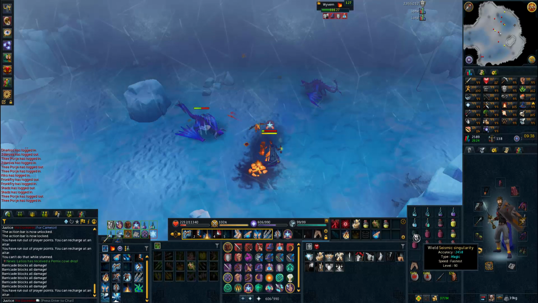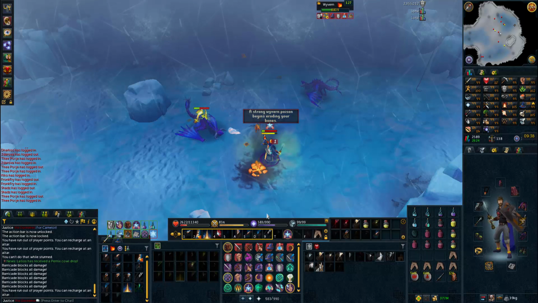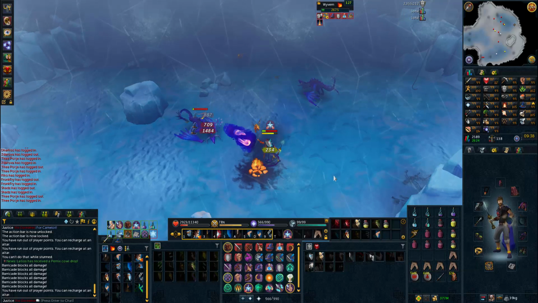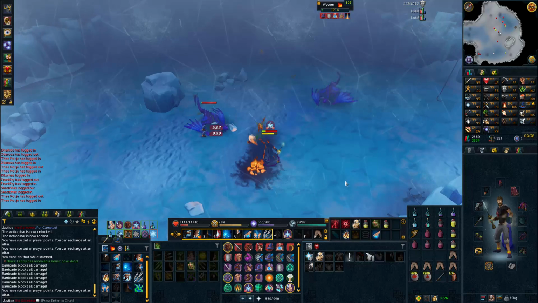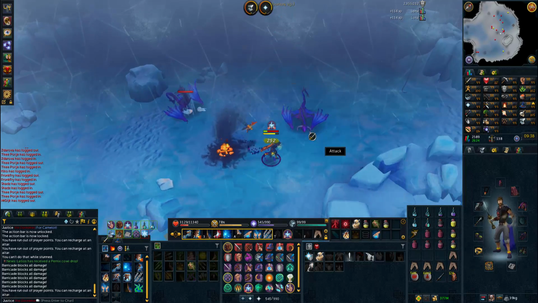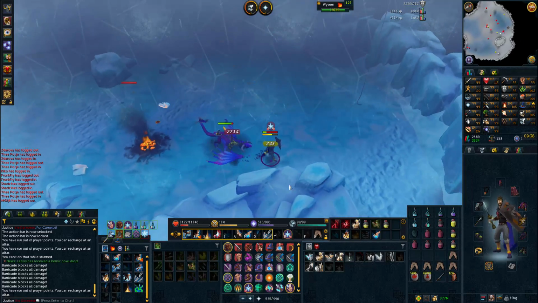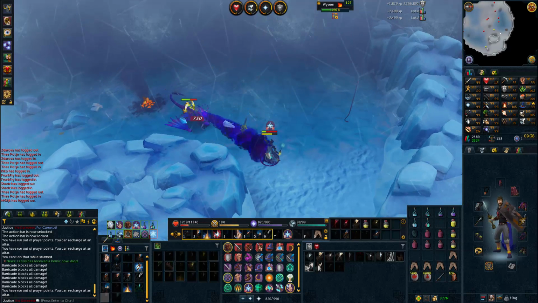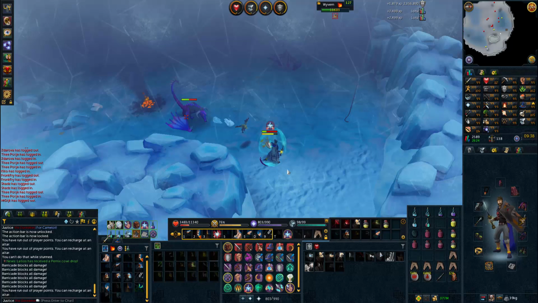Aura, the best aura to use with this method is Penance Aura because your prayer is going to drain extremely quickly. I'm also using Scrimshaw of Elements, but again, you don't need to use a Scrimshaw. And I'm using a Ring of Death, but you could use an Asylum Ring instead if you wish to do so. And in terms of the weapons, I'm actually using dual seismics, and this is actually a Slayer situation